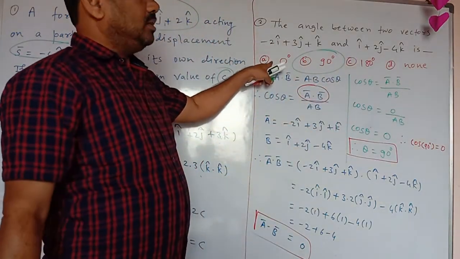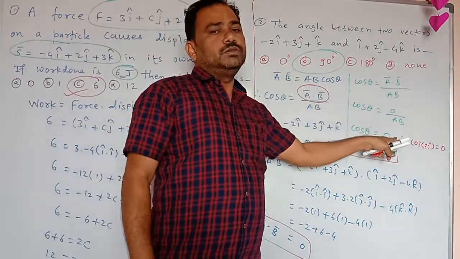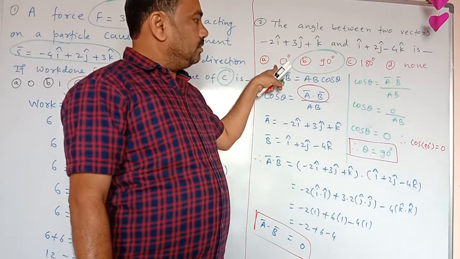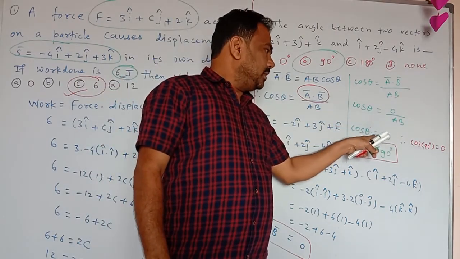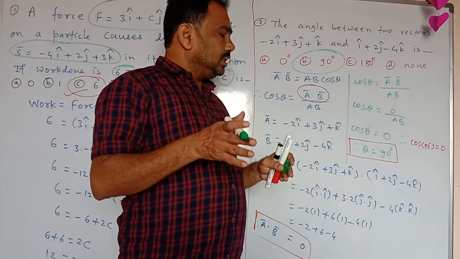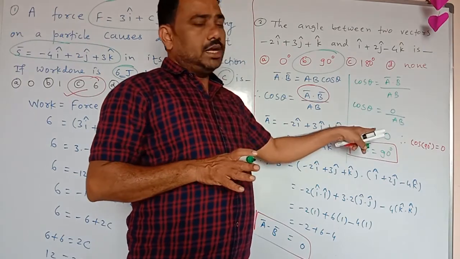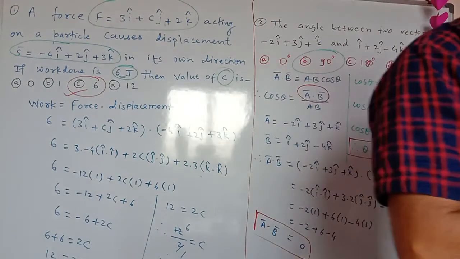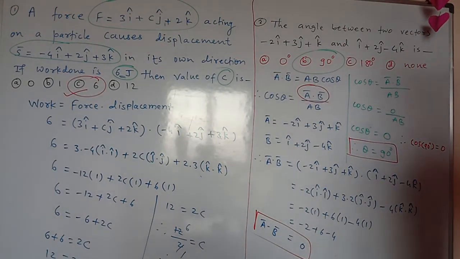Do not write here or do not confirm 0 degree, because the answer is cos theta is equal to 0. Okay. Some boys select this answer, that is 0, but do not get confused here. Cos theta is equal to 0 means what? At which angle the value of cos theta is equal to 0. The angle should be 90 degree, that is cos 90 is equal to 0. So in this way we discussed the problems that depend on scalar and vectors. Okay.